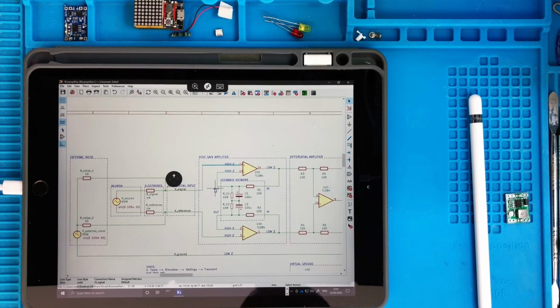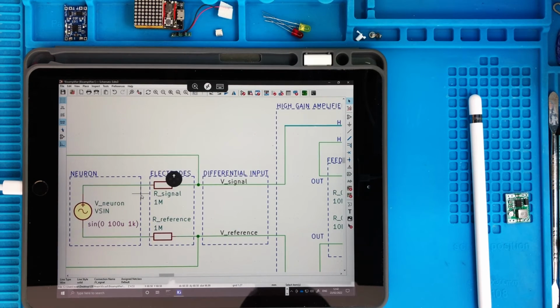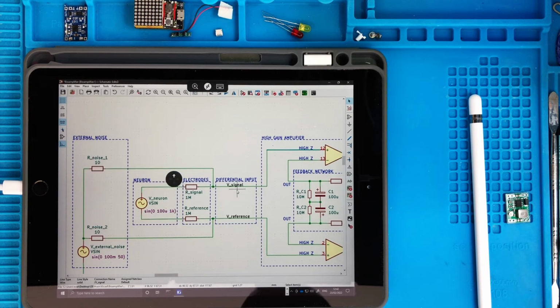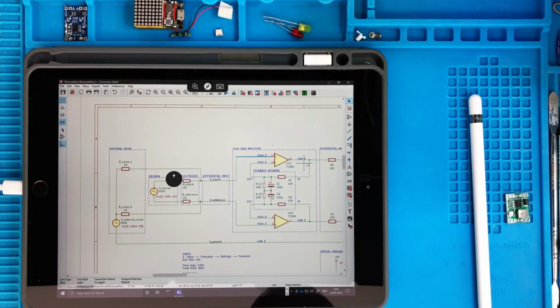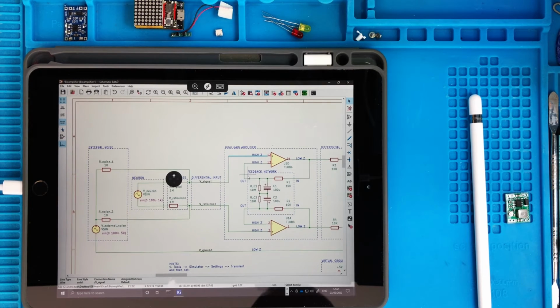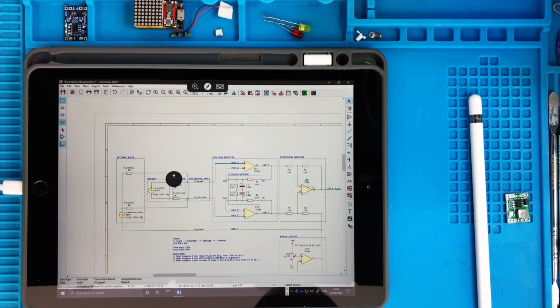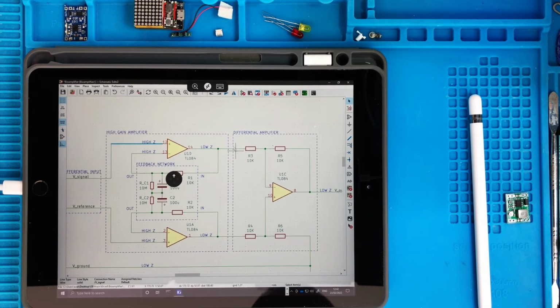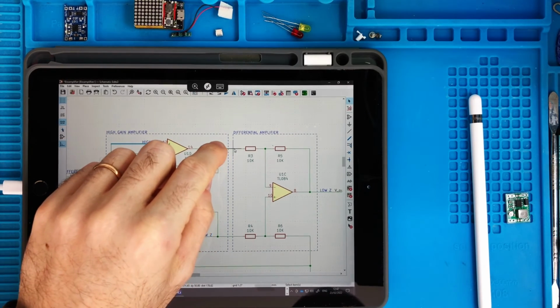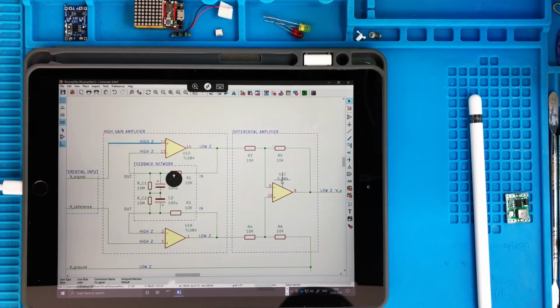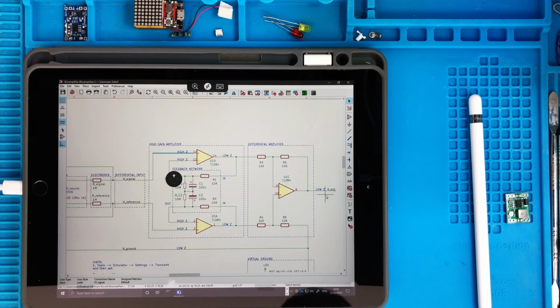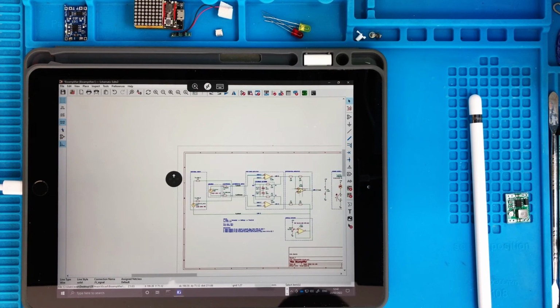We said that it is composed of a neuron, of a part that is taking into account the presence of the electrodes, this differential input where external noise can enter, a 3 op-amp instrumentation amplifier whose gain is set by this feedback network we will analyze more carefully, and the differential amplifier, which is just taking the difference of what is present here and creating the corresponding output, with this noise cancellation. There is another amplifier here